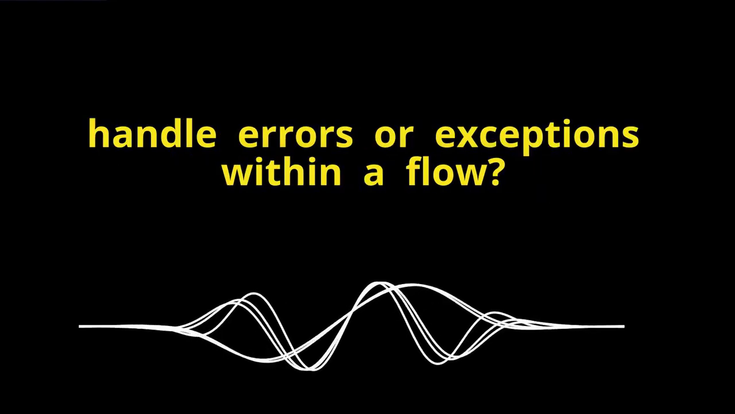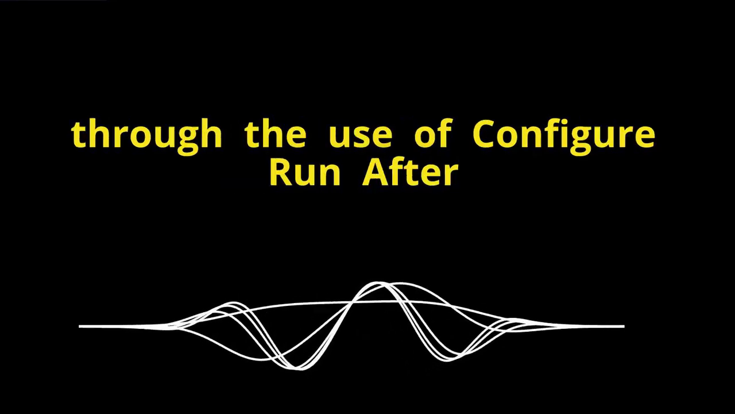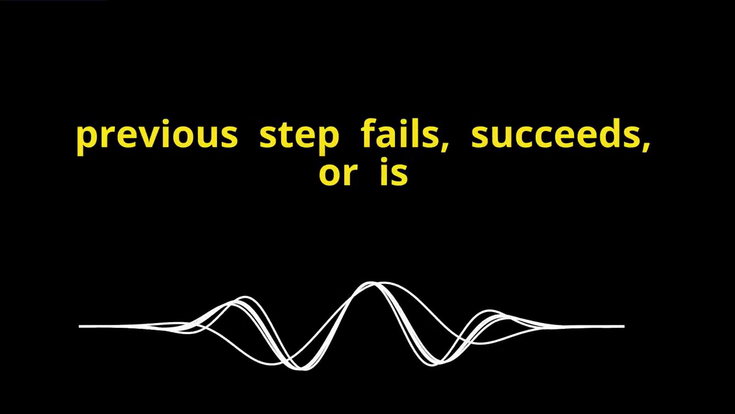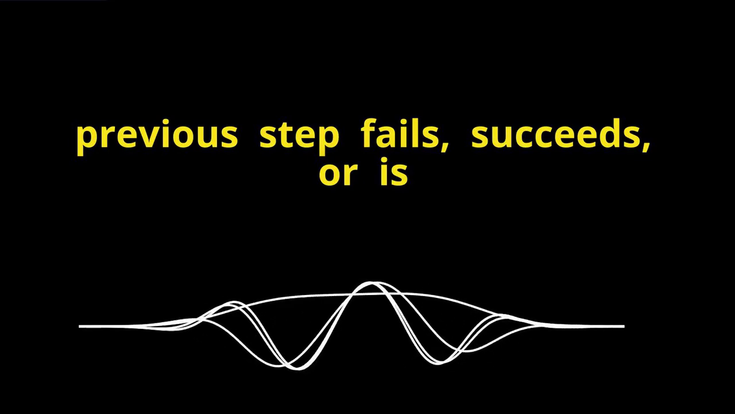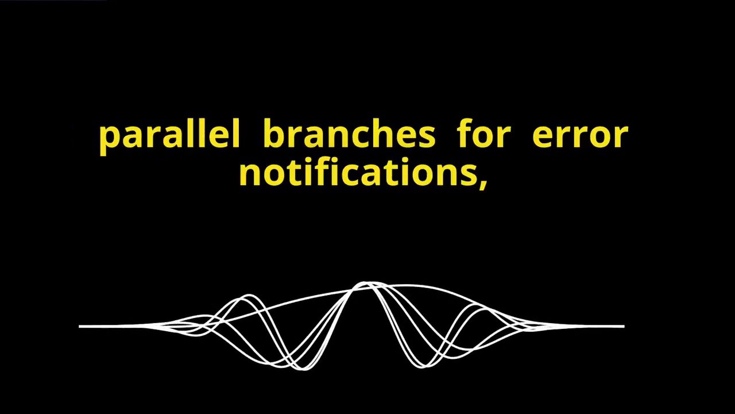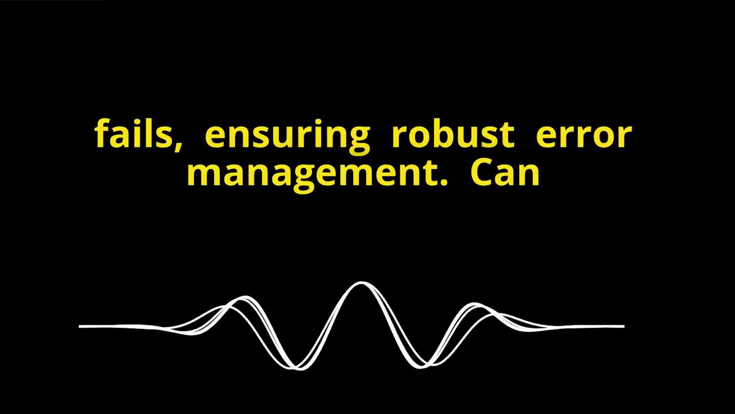How do you handle errors or exceptions within a flow? Power Automate provides error handling through the use of Configure Run After settings. You can set actions to run if a previous step fails, succeeds, or is skipped. Additionally, I often include parallel branches for error notifications, such as sending an email alert if a step fails, ensuring